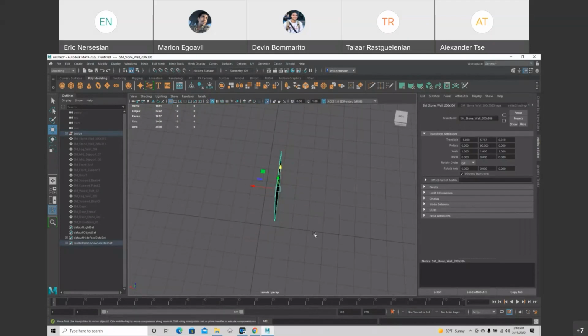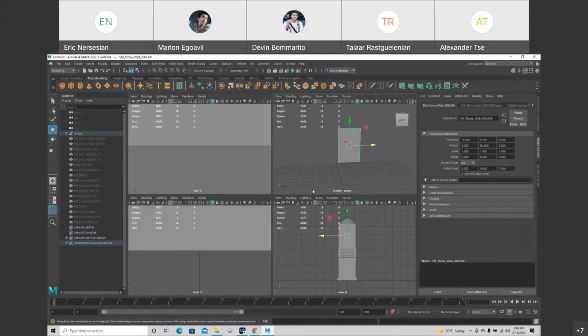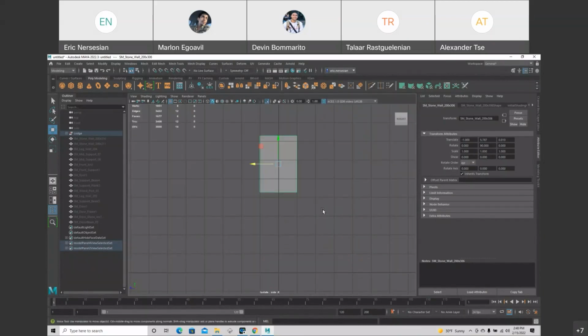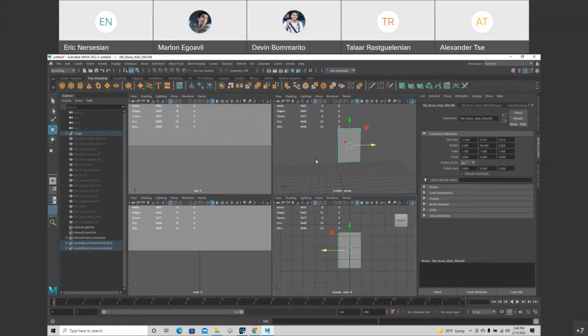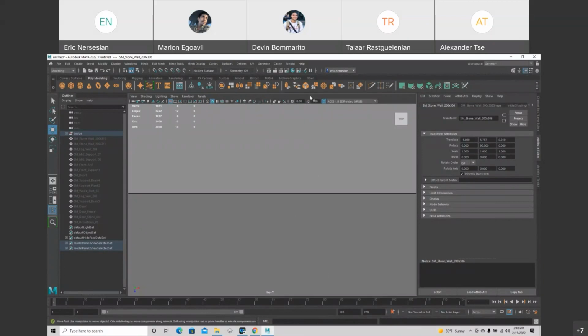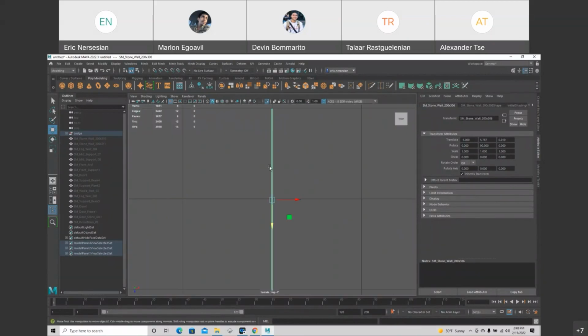So if this wall unit is actually 6 feet by 9 feet, then the thickness of it is really small.